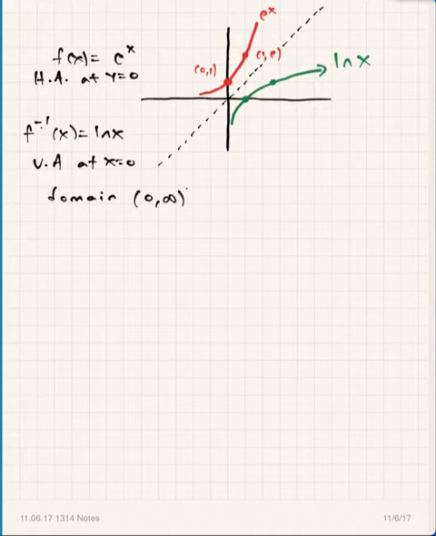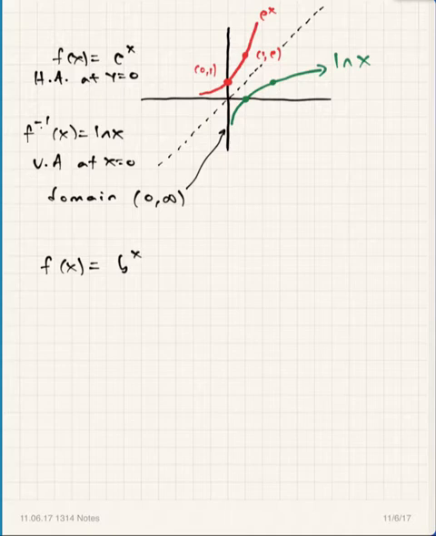Look at the graph right there. Notice the graph never goes on the other side or the negative side of the y-axis there. And so you're only using positive x values. That makes sense because think about what the exponential function's restrictions are.